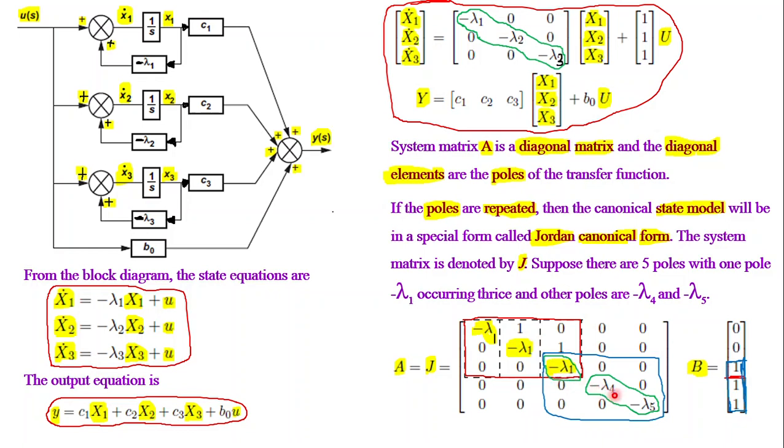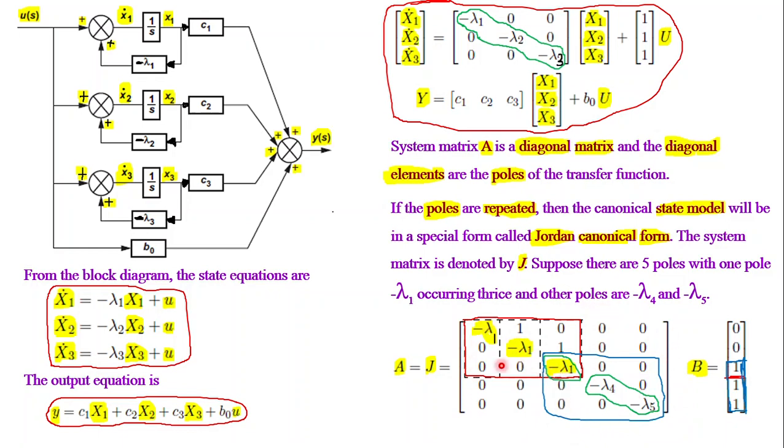For minus lambda 1, minus lambda 4, minus lambda 5 separately, this is perfectly a diagonal matrix. But the entire matrix A is not a diagonal matrix. You have the poles as diagonal elements, but the elements just to the right of them are 1 because poles are repeated. We have to see the last row of the Jordan block. The last row of the Jordan matrix is this. In the row above the last row, you will have 1 to the right of the diagonal elements. The rest of the elements are zeros.